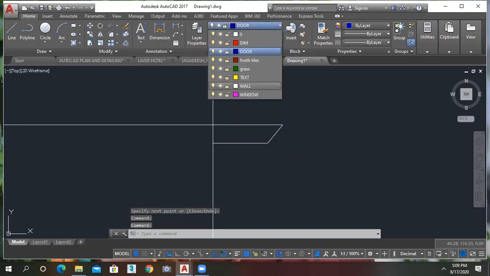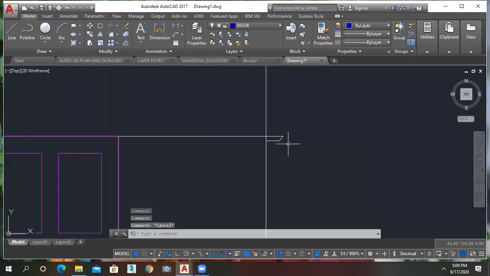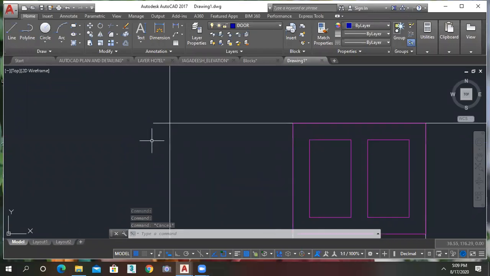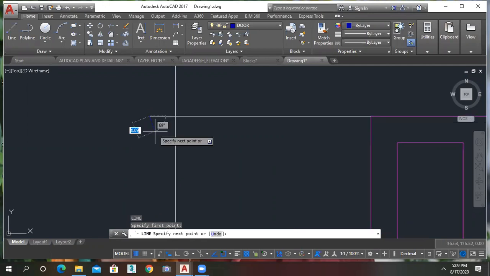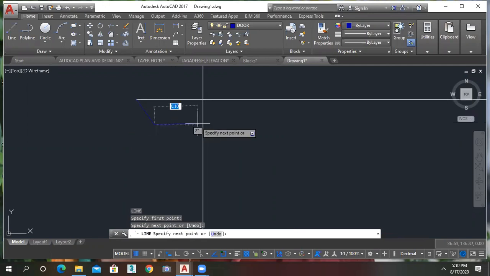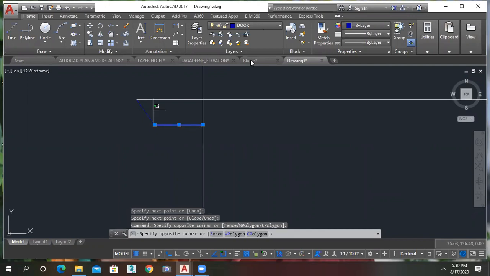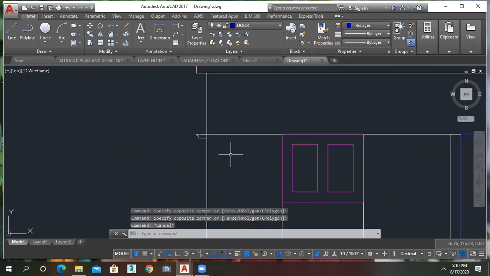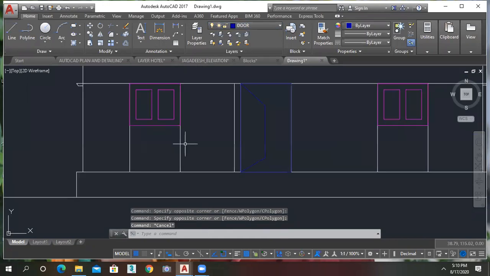Wall. Okay, for the same, take a line, do it like this. Is there any doubt? You just delete these portions.